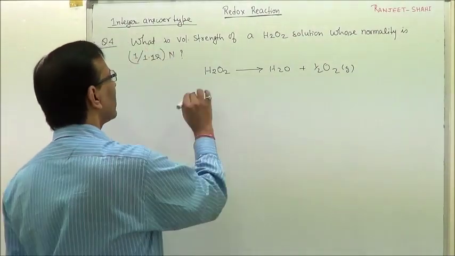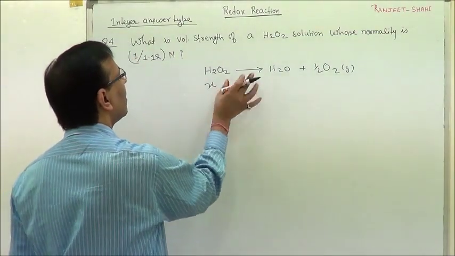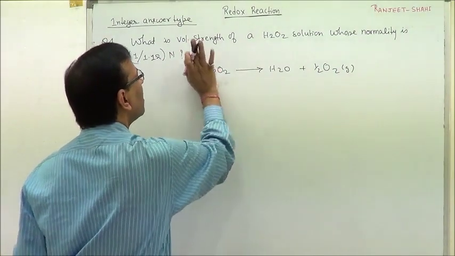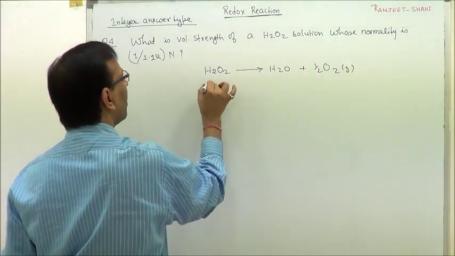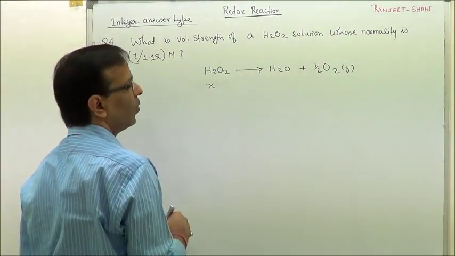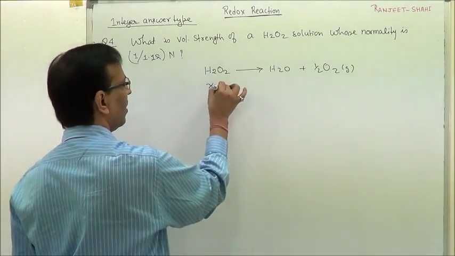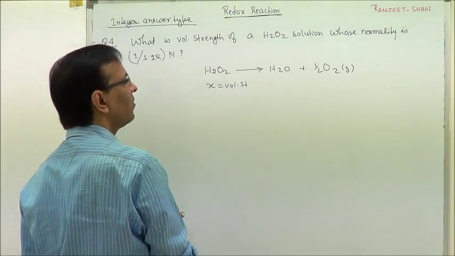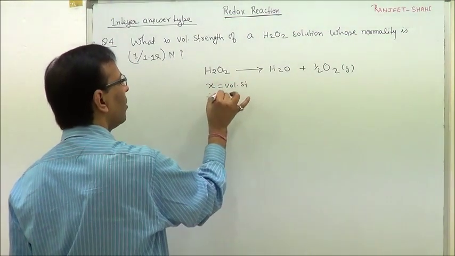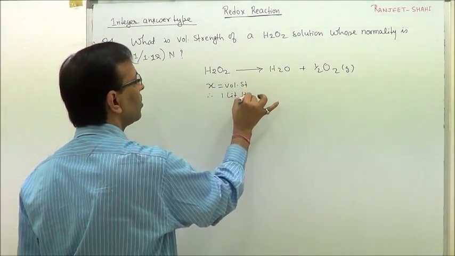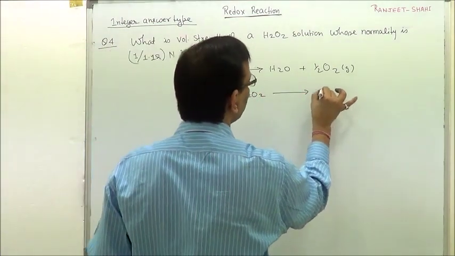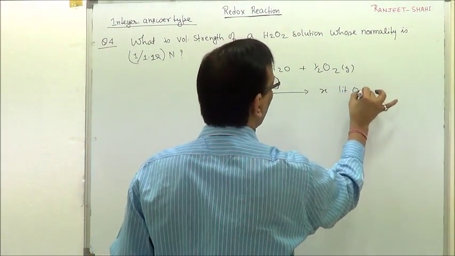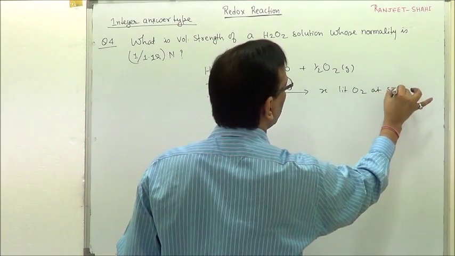So if we take X as the volume strength, it means 1 liter H2O2 will produce X liter oxygen at STP,